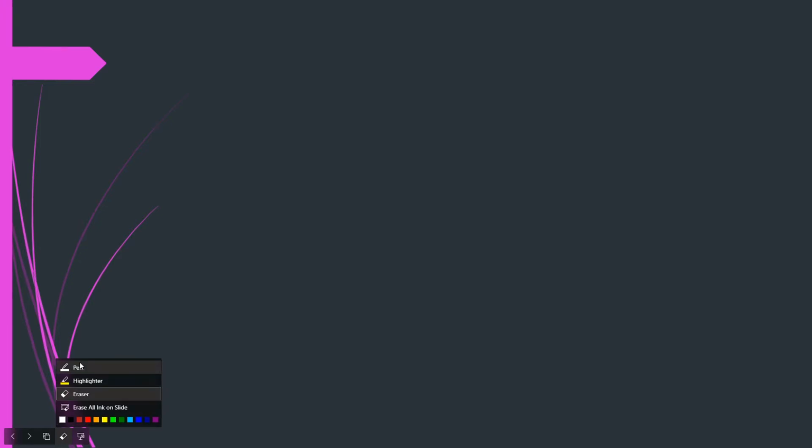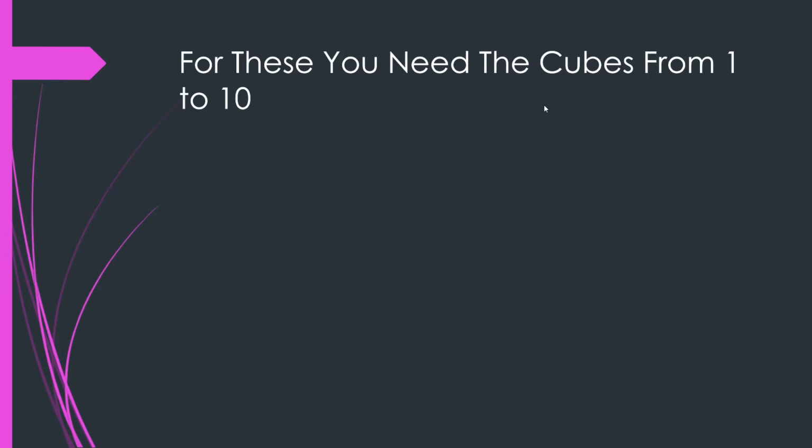For that you need the cubes from 1 to 10. Many of you will know that. I have written them for you, and if you have observed, there are many color differences in them. Do you observe any similarities between the same colors? If you do, you can comment below. Now I have noted them down for you.